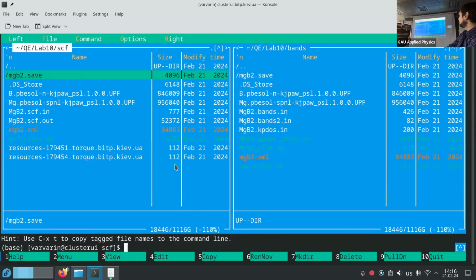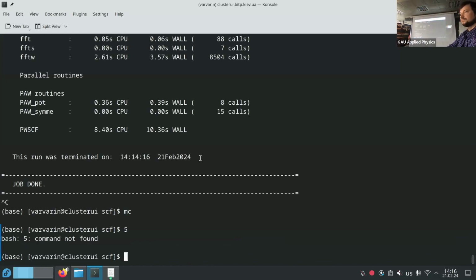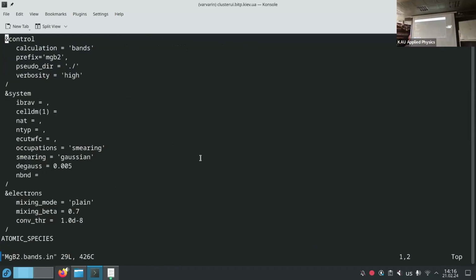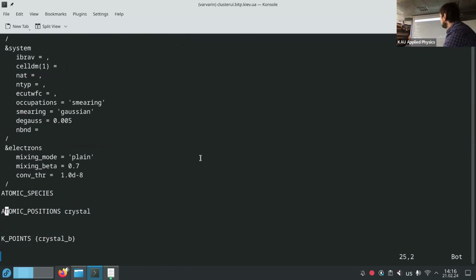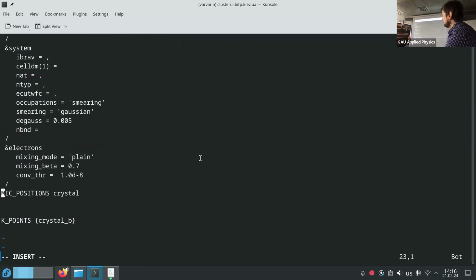Now you can start to fill in the bands input file. We are going to fill in the gaps. Usually it will be almost the same as in SCF, and the system will be the same.